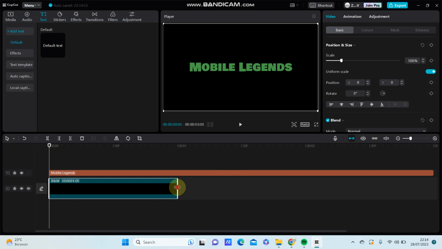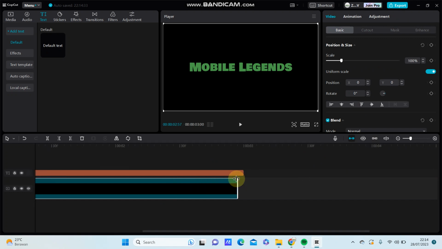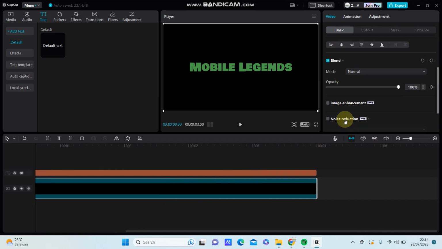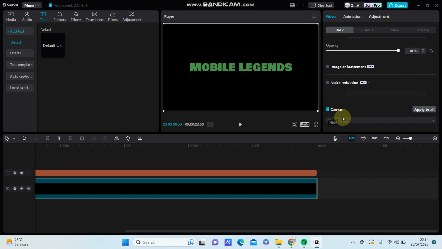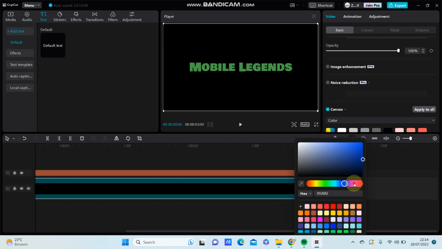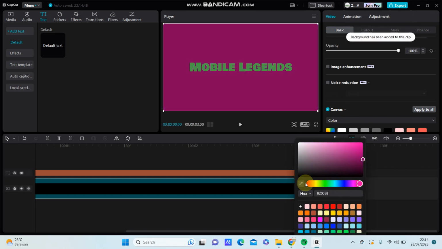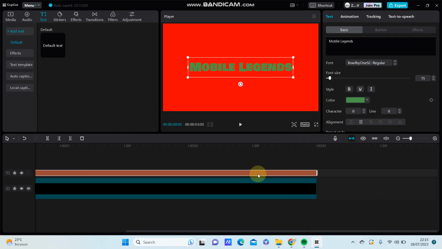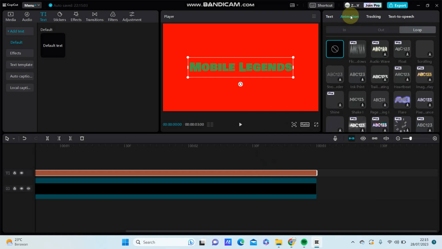So I'm going to change the background. Select canvas, select color, and select the color you like. So after that, you're just going to select any effect and select blue. So you can find flicker, shadow,